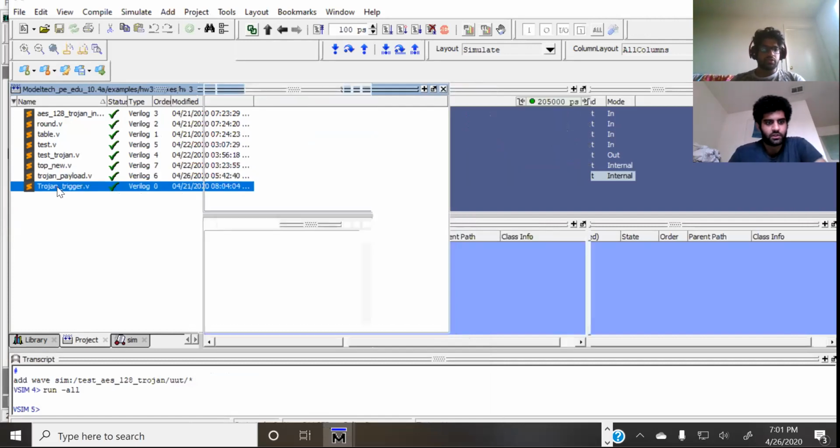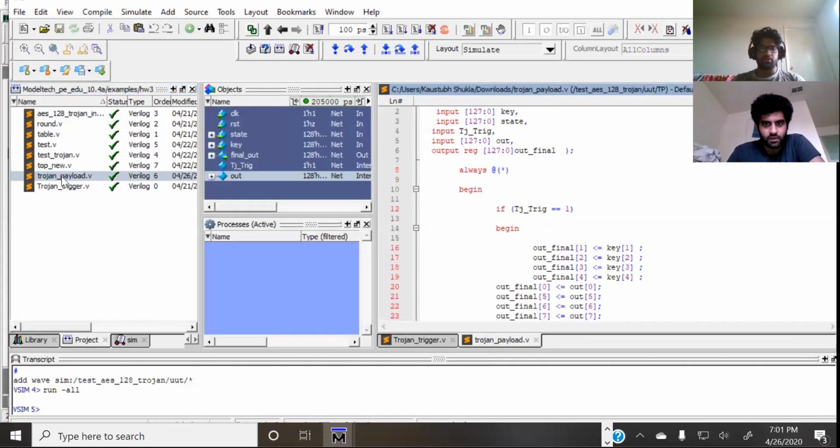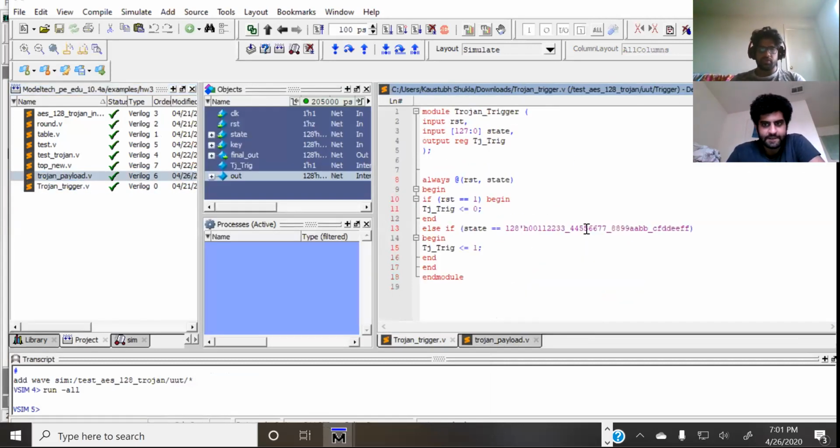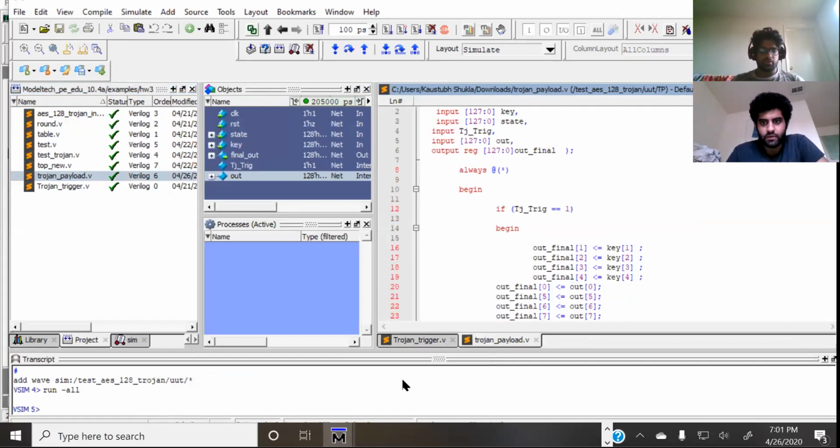I'll open both the Trojan trigger and Trojan payload, although the Trojan trigger is the same. You can see that, so that's the same. And in the Trojan payload, while running the script, we gave key 1, key 2, key 3, and key 4. So this payload will only leak the last 4 bits of the key value.